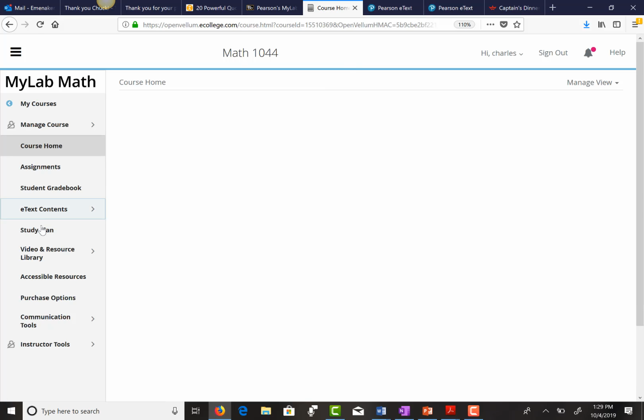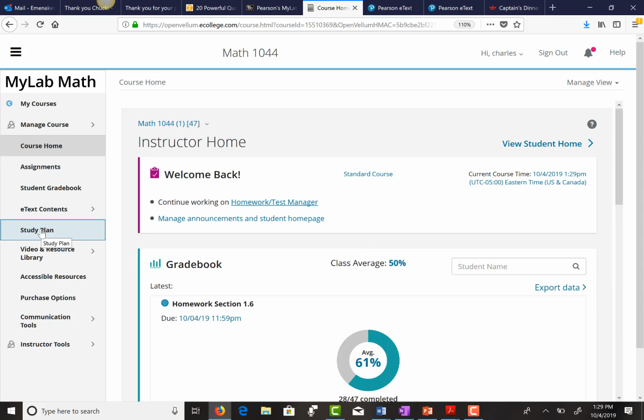Okay, and let's see here. On the left-hand side, there is a tab that says, look at this, study plan. Really? A study plan. Now remember, right now I'm in a calculus class, not the college algebra, because that's what I just had to do from the last class. Same thing works. You click the study plan,